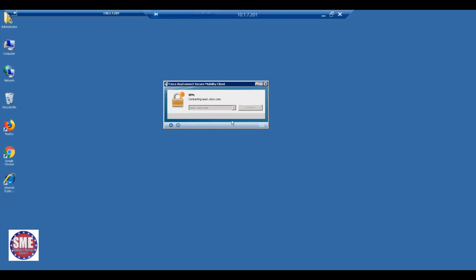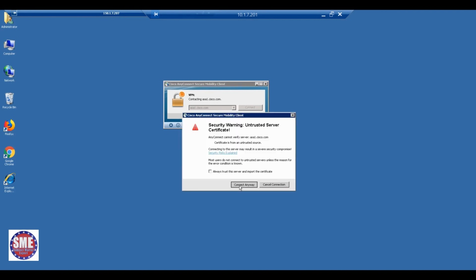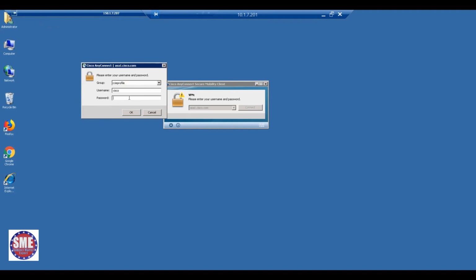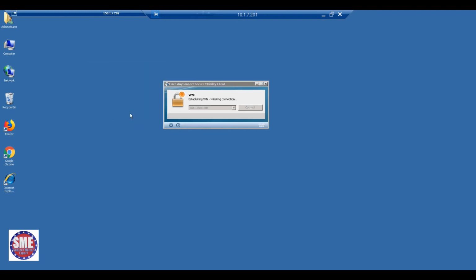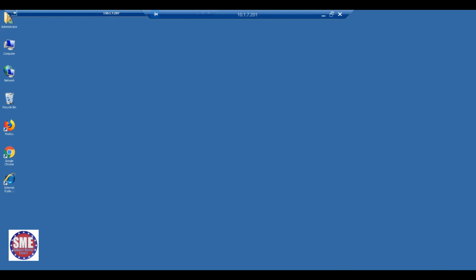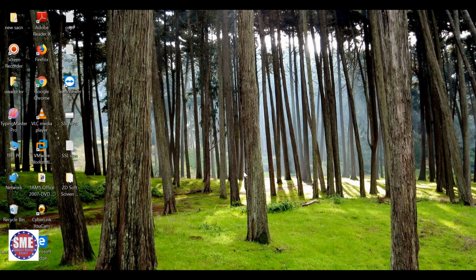Disconnect and connect it. Do a little verification. SXP is there, right? Cisco 02. Yes, connected, right? Success. You can check it. It's connected. So that is enough.